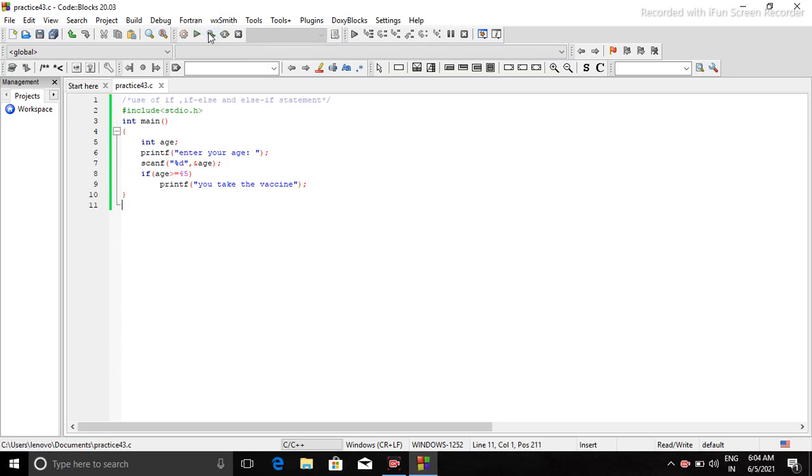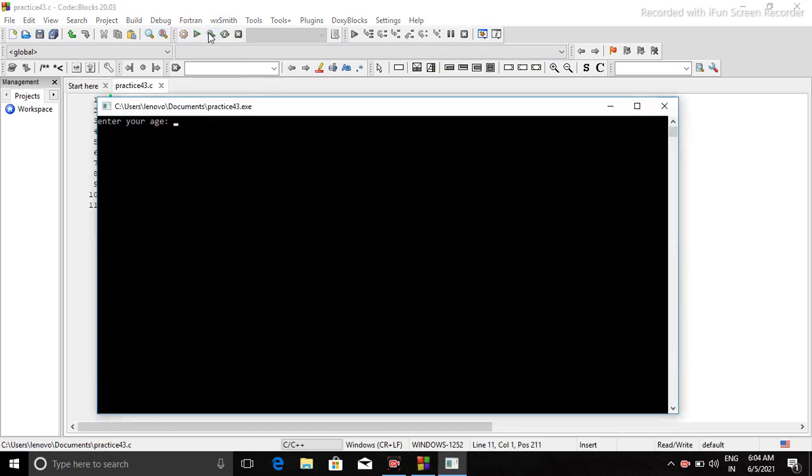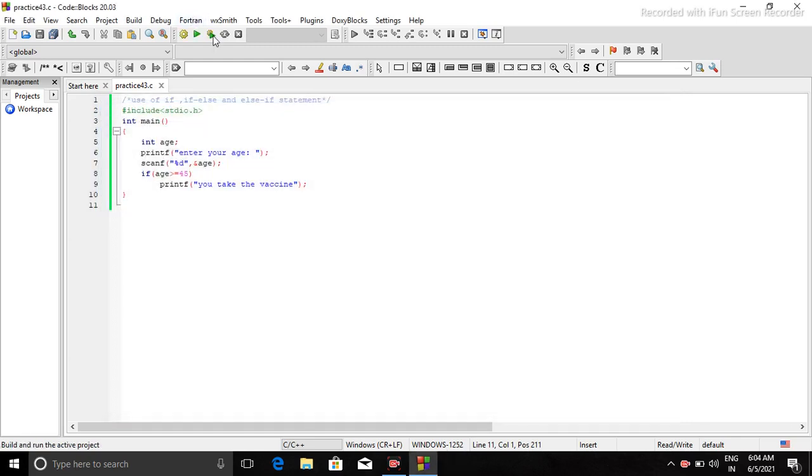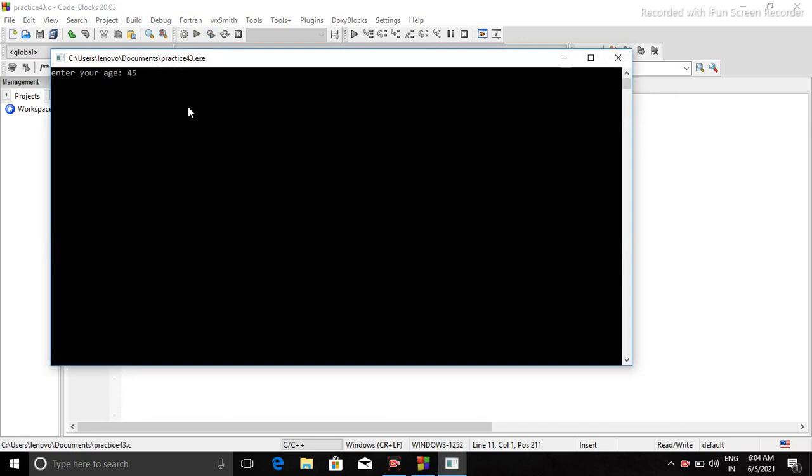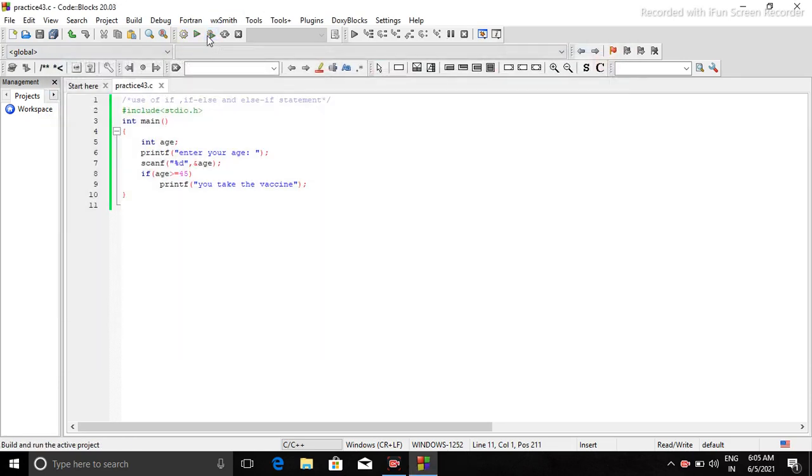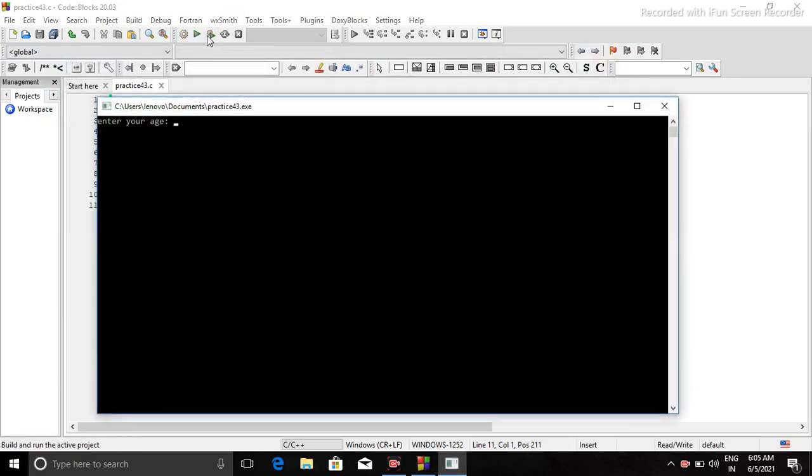If I run this program, enter your age, if I put 49 as age, the printed message is you can take the vaccine. Let's take one more example. If I put 45 as age, here also you can take the vaccine. Let us take one more test case: if I put 43 as my age, then I'm getting nothing.